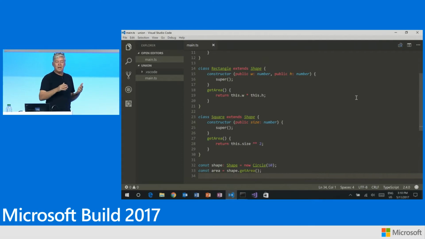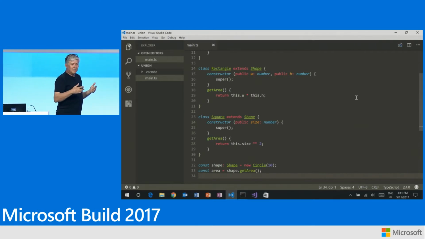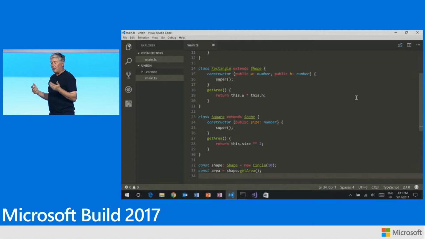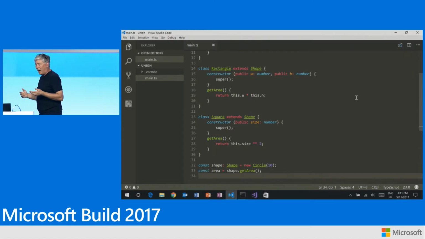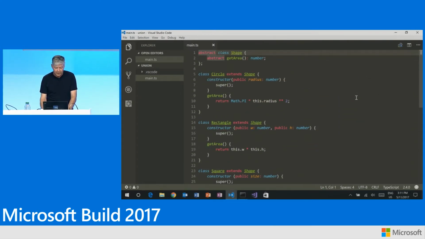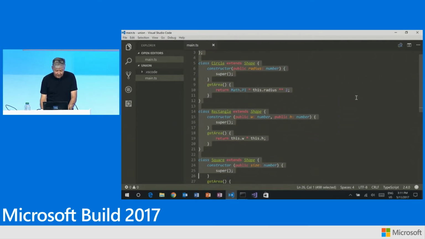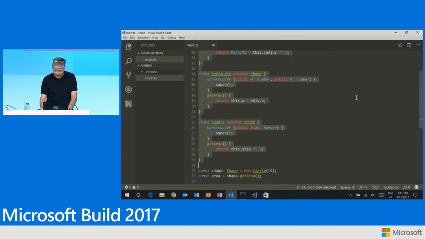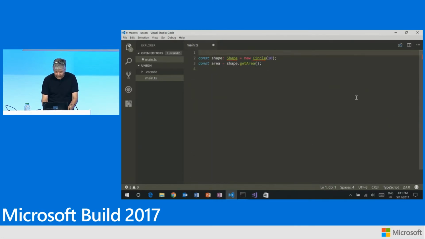And I want to show you a different way of writing the same kind of code in a more functional style. And I want to show you how TypeScript really plays very, very well in that space. So we're going to get rid of the OOP here. Going to get rid of all these classes. And instead, what we're going to put in is a